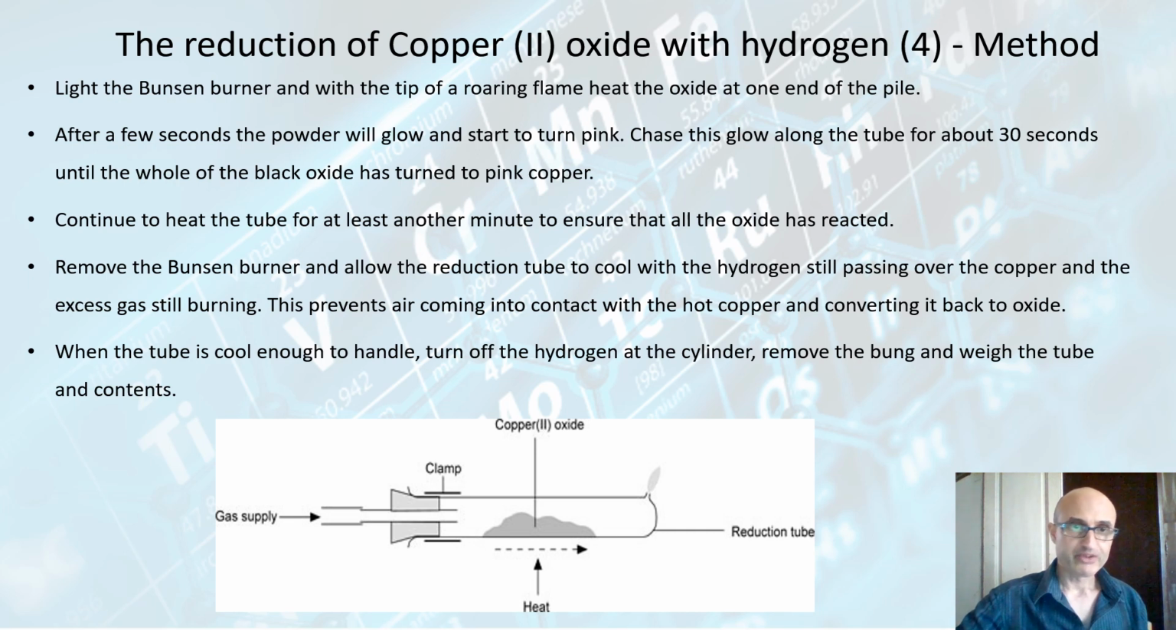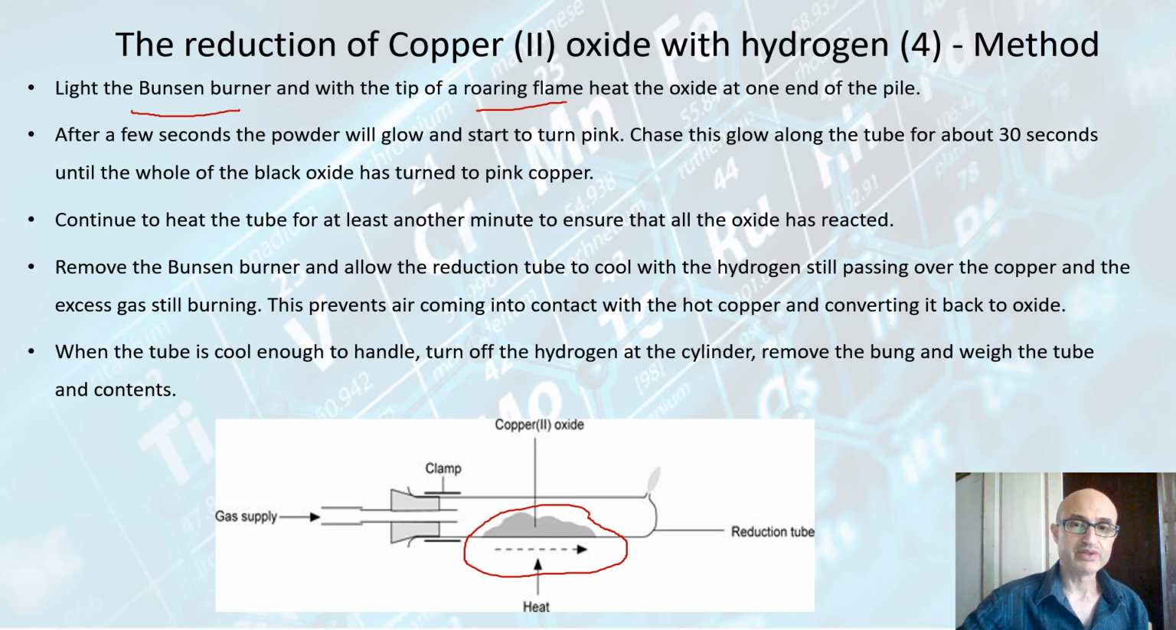The first step is to light the Bunsen burner and ensure that it's on the full open air hole so that we get a roaring flame. The roaring flame will ensure a high enough temperature for the oxide, so the oxide is this sample over here, to be completely reduced to the copper metal. So basically, you've got the Bunsen burner on,